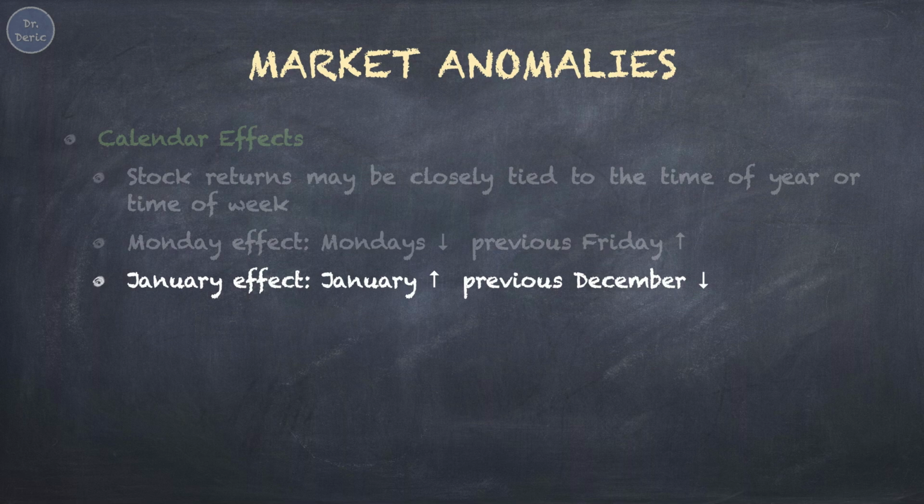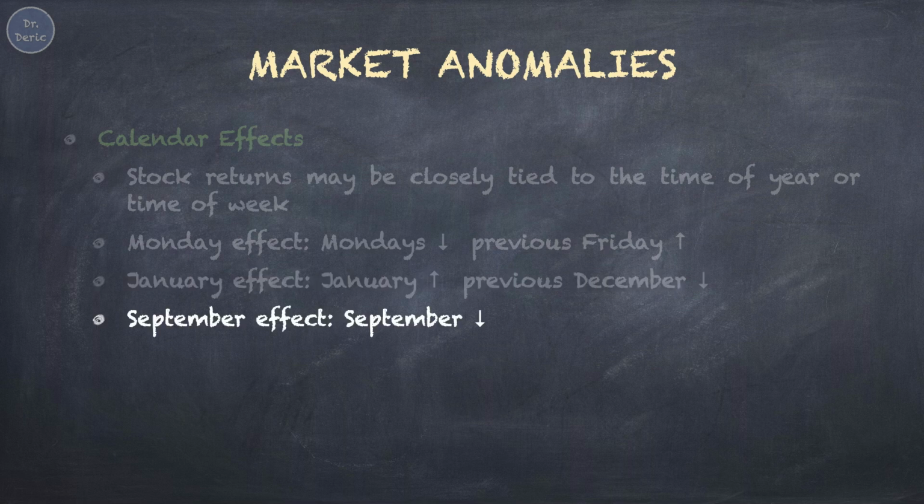Another theory is that fund managers engage in window dressing by buying stocks with strong performance in January to improve their year-end performance reports. On the other hand, the September effect is a calendar anomaly where stock prices tend to decline in the month of September. The September effect has been linked to various factors, including investors returning from summer vacations and selling stocks, as well as the end of the fiscal year for some institutions, leading to portfolio rebalancing. Economic data releases and geopolitical events in September can also contribute to increased market volatility.